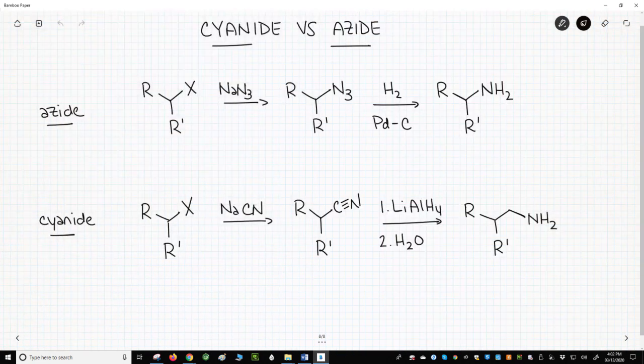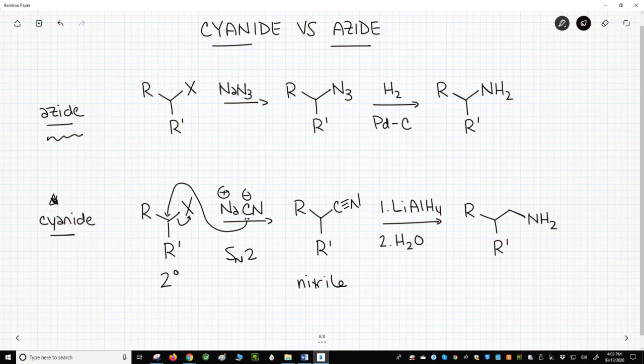Across the top of the screen is our azide reaction from the previous slide. This works great, but there is another nucleophile that incorporates a nitrogen into a molecule. That nucleophile is cyanide, and its reaction is on the bottom of the screen. Like azide, cyanide can do an SN2 reaction on primary and secondary halides. The product of the SN2 is a nitrile,